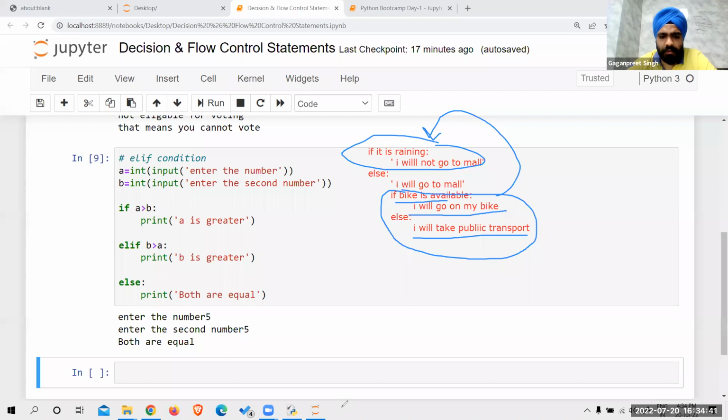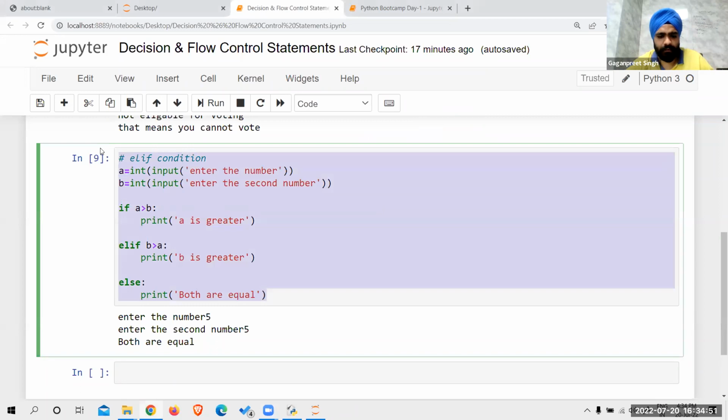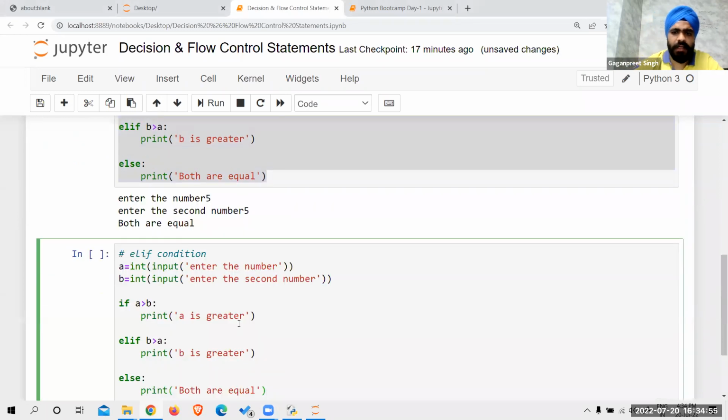Anyone having any doubt or any query over this? Okay, so now let's code it. We'll code this example further. Now let's try to